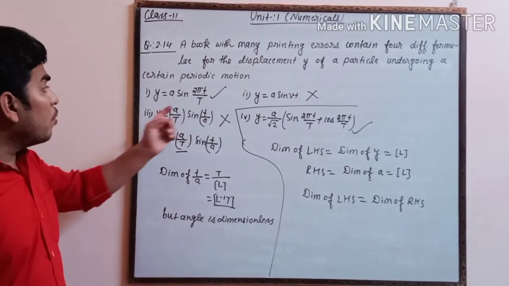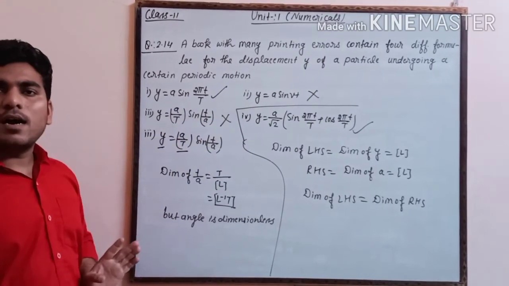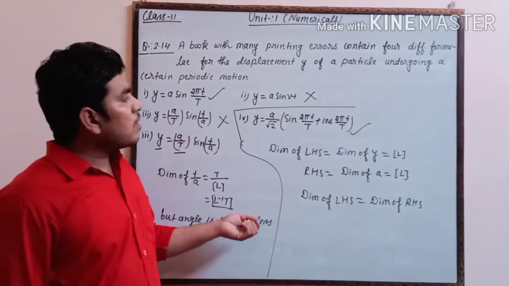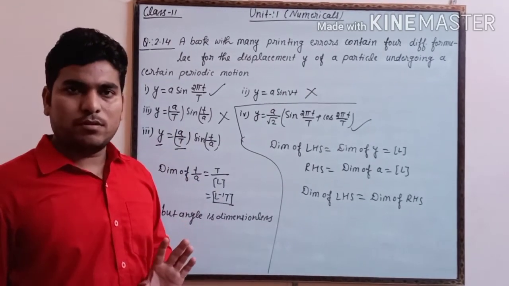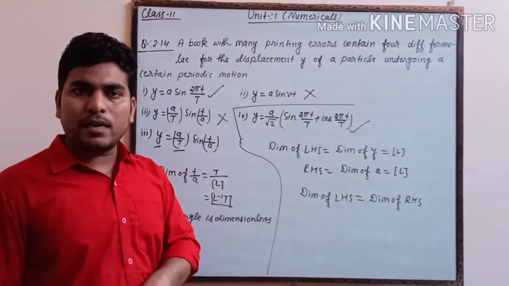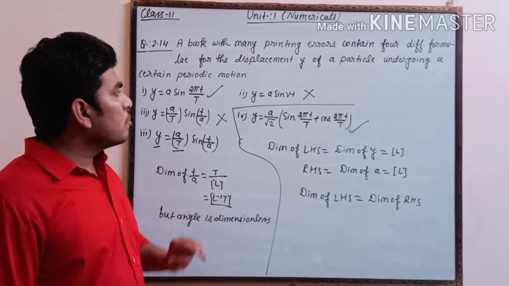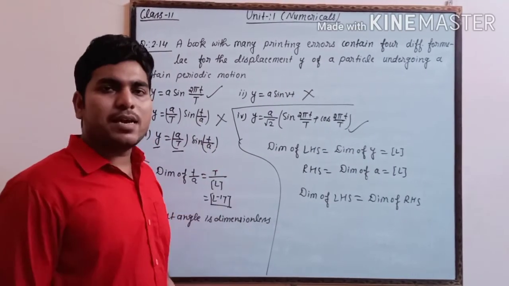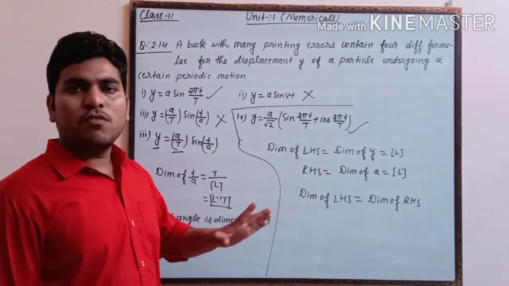So out of 4 only 1 and 4 are correct, while 2 and 3 are incorrect. So in this way we can check any physical quantity on the dimensional ground. हम डायमेंशन को चेक करके ये बता सकते हैं कि कौन सी फिजिकल क्वांटिटी करेक्ट है और कौन सी फिजिकल क्वांटिटी इनकरेक्ट है। ओके, सो इस तरीके से और भी एग्जांपल्स और भी न्यूमेरिकल्स आपके एक्सरसाइज में हो, उसको ट्राई कीजिए। एंड दिस इज द एंड ऑफ आवर फर्स्ट यूनिट।